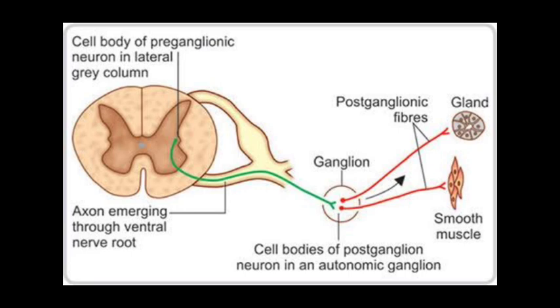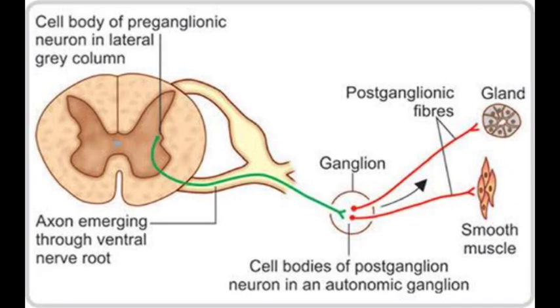These ganglia function as relay stations between a preganglionic neuron and a second nerve cell, the postganglionic neuron. The latter neuron has a cell body originating in the ganglion. It is generally non-myelinated and terminates on effector organs such as smooth muscles of the viscera, cardiac muscles, and exocrine glands.